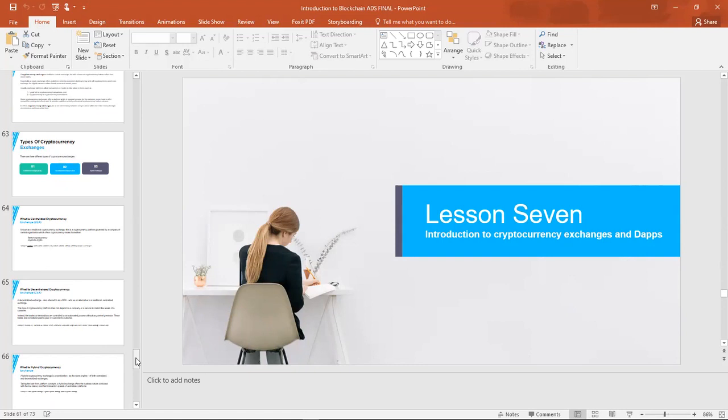So you remember that in our previous lessons, I had mentioned custodial and non-custodial wallets. The same thing happens for cryptocurrency exchanges. We have those exchanges that control your private key, and then there are the decentralized exchanges. I know you have interacted with different exchanges, and you know the functionalities of different exchanges. You know how to place an order.